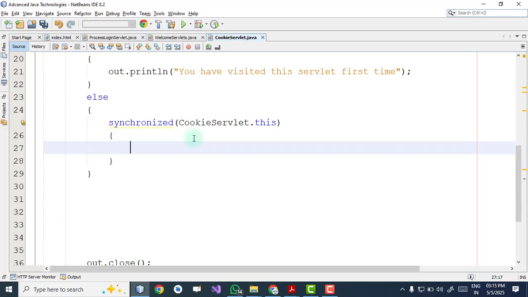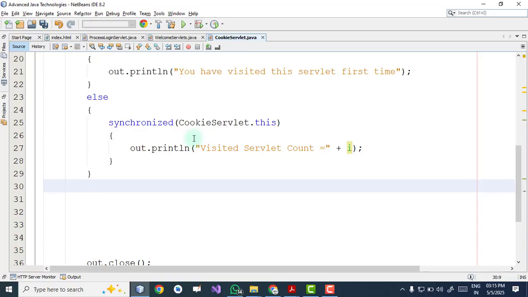So we created a synchronized block within this code. In this we just print out.println visited servlet count, and then we print i, and after that I will increment the value of i by 1.